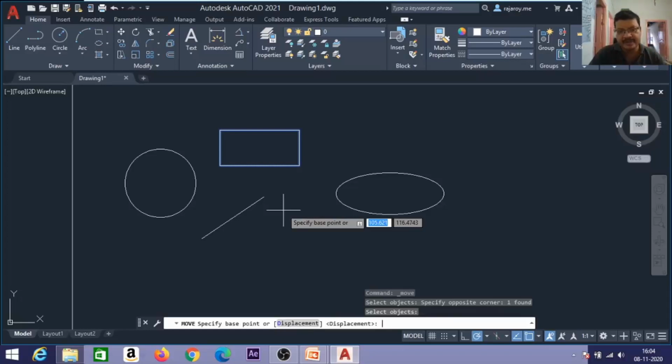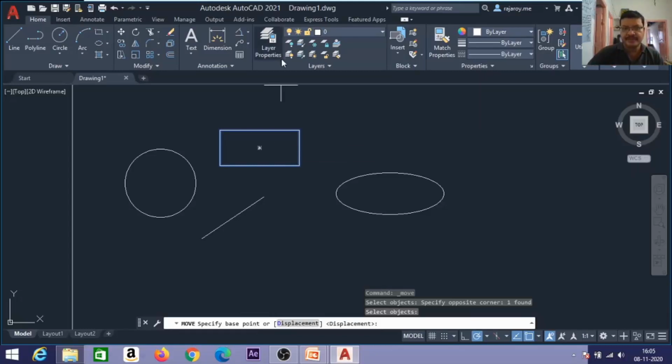After that, it is asking to specify a base point. Whenever we want to move any object, we have to hold the object at one particular place. I want to move this from one place to another place, so I have to hold it at some place. This holding point we call the base point.